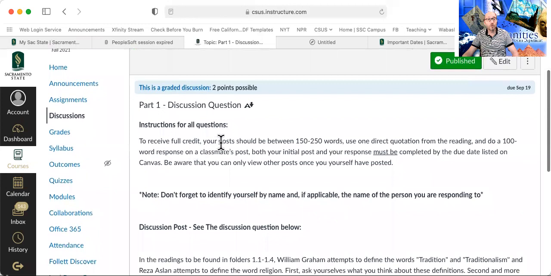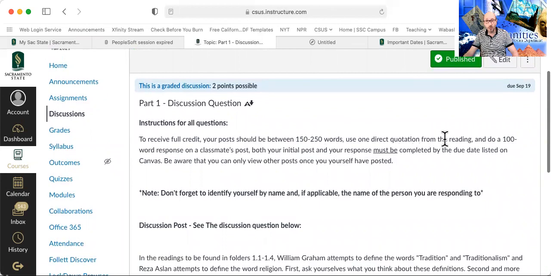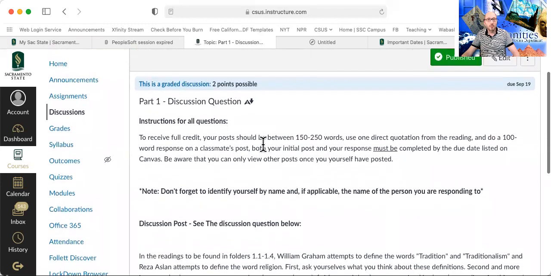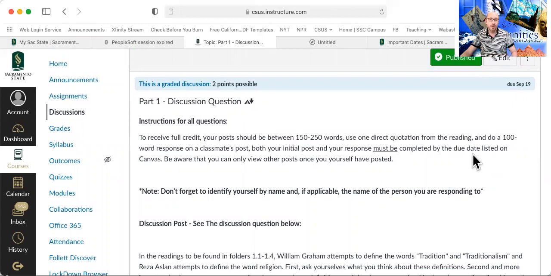Again, to receive full credit, your post should be between 150 to 250 words. Use one direct quotation from the reading with a page number, and then a 100-word response on a classmate's post. Both your initial post and your response must be completed by the due date. Okay? If all of these components aren't there, as I say in the syllabus video, then you